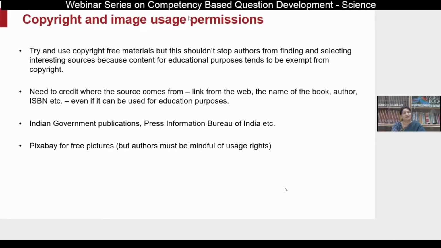We can definitely take some sort of inputs. I've just given you one resource which we have at the CBSE website. We have a huge series of question banks. We have questions which have been contributed by EI. We have questions that have been created by international experts. Alpha Plus material is there. So please go ahead and access those. They are for all the classes, at least for science, mathematics, and English reading from classes 6 to 10. I'm sure they will be extremely useful for you.